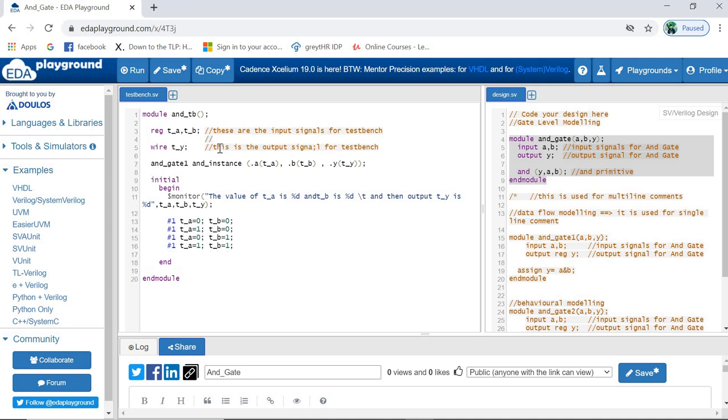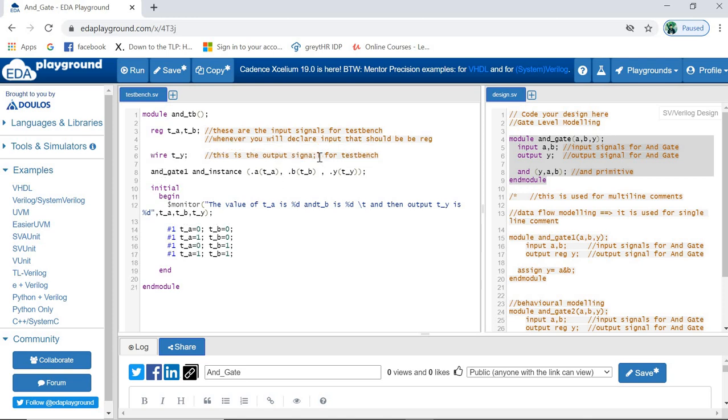This is the rule, and we'll see why. There is a rule called port connection rules, and according to it we have to declare the inputs in the test bench as reg. Don't worry about that, we are going to see it. But keep in mind, whenever you declare input, it should be reg. And this is wire, which is the output.